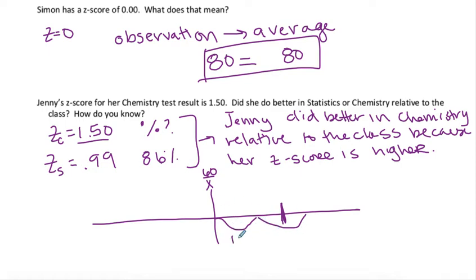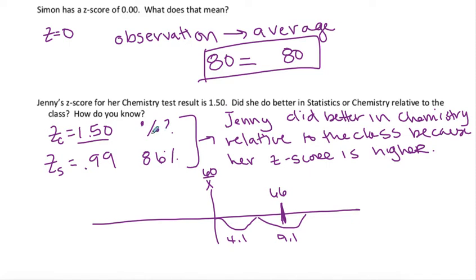So we only went up, maybe 4.1, and now we're only up half of 4.1. So even though she might have only had a